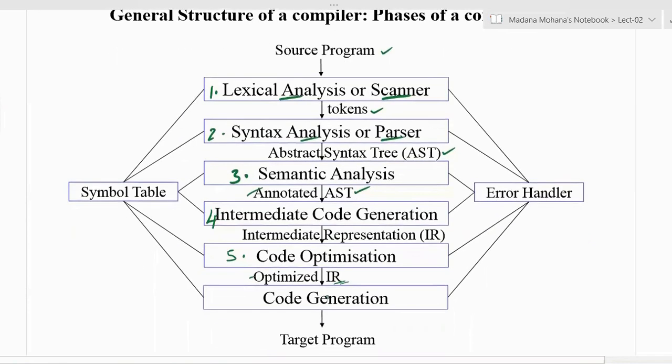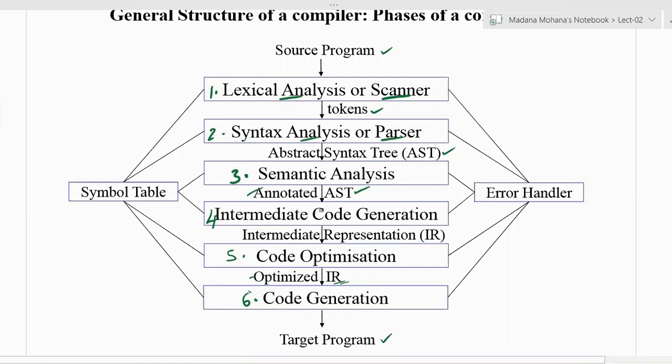Then coming to the last phase, which is called code generation. Code generation takes as input the optimized IR, which is the output of code optimization. Then that can be converted or translated into our target program, which may be machine code or assembly code. So these are all the various phases of compiler. 6 phases are listed in order.